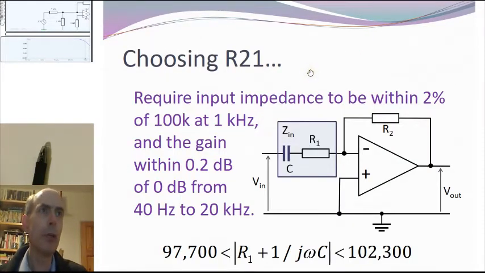Because we are going to be looking at the design of the summing amplifiers on the VAM. Now, the first requirement for this amplifier is that the input impedance has got to be within 2% of 100K at 1 kilohertz. And the second is that the gain has to be within 0.2 dBs of 0 dBs from 40 kilohertz to 20 kilohertz. How do you design this? In other words, how do you pick the values of C, R1 and R2 in order to get both of these